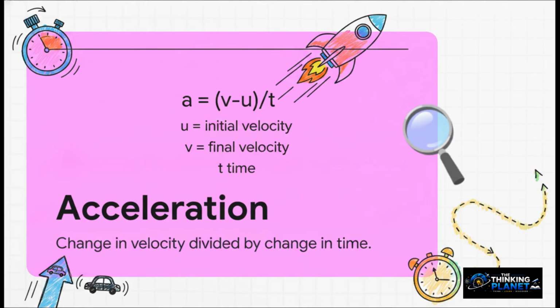Now, why is time the denominator here? Well, dividing by time is what turns a simple change in speed into a rate. Think about it. A high-end sports car and a person on a bicycle can both eventually reach a speed of 60 miles per hour, which is roughly 27 meters per second. But the sports car does it in 3 seconds flat, while the cyclist bombing down a massive hill might take 3 whole minutes. Time is the great equalizer that dictates how intense that acceleration actually is.